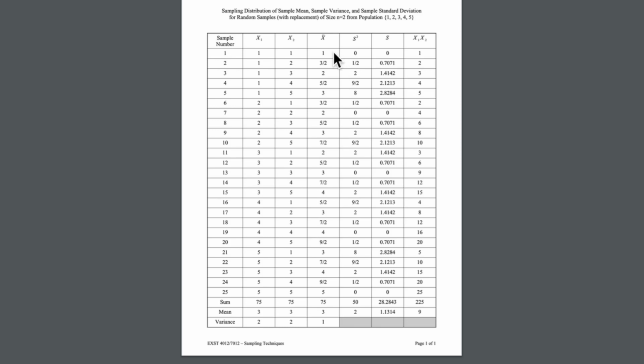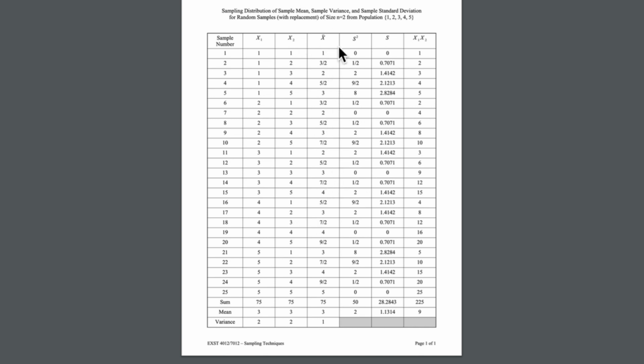It can take on the value 1, 3 halves, 2, 5 halves, and 3. All right, and then we see we've already accounted for the 3 halves. We've already accounted for the 2. Let's see here. It can also take on the value 7 halves. And then we have a value 4. It can also take on the value 9 halves. All right, and so the possible values that x bar can take on